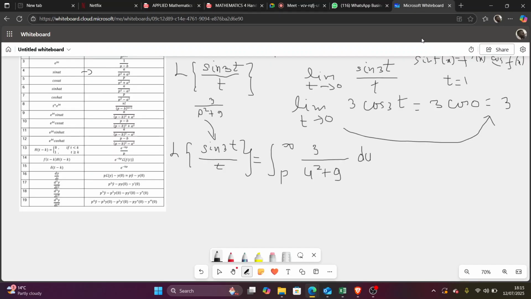It's going to help us to solve this integration. Okay, if you've seen the picture,